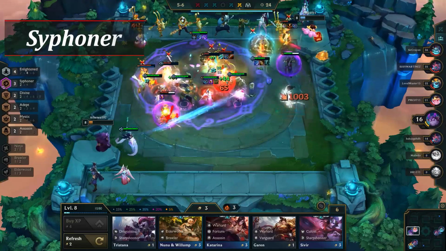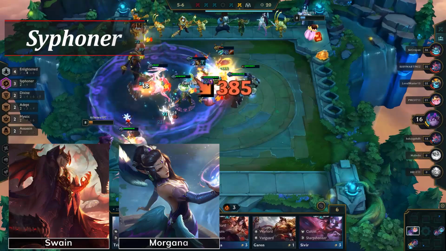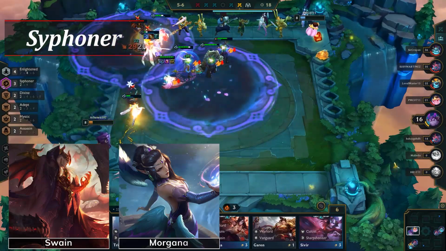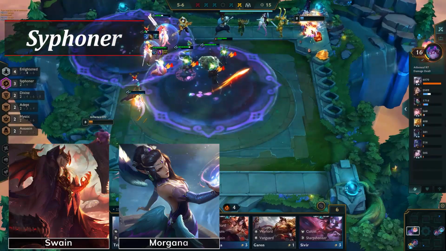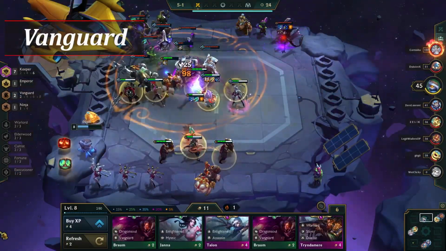Plus, a lot of late game compositions run Swain, as he's one of the best late game champs. Morgana is also a common fixture in the meta, as she pairs well with Swain and has her own composition alongside a Talon. Vanguard has taken a bit of a fall in the meta, mostly because of how common Last